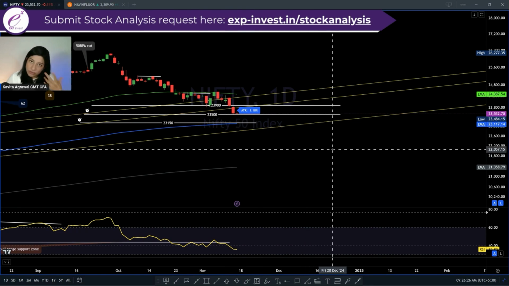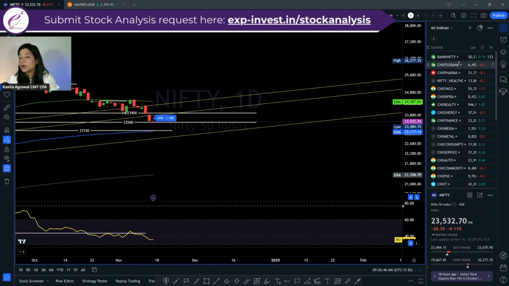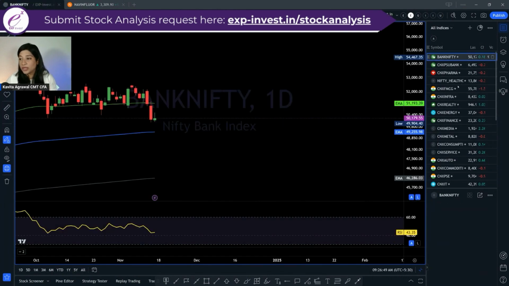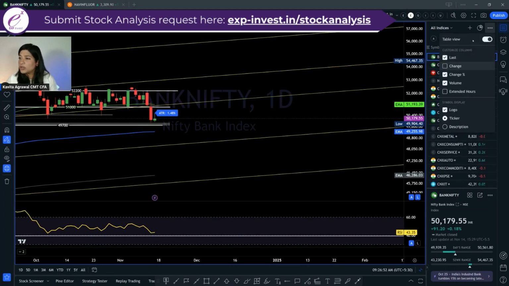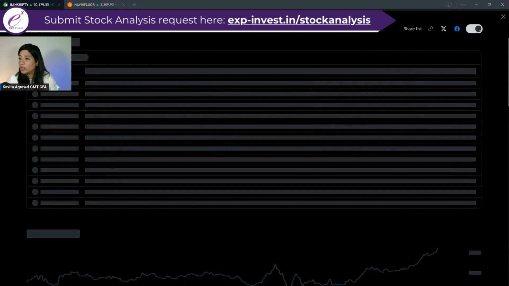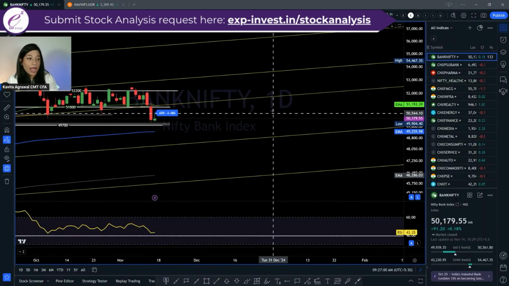Now let's move on to other indices. So this is the list of all the indices that I follow. This contains the list of all the indices sectorally and even other strategic indices. So what I'm going to do is I will copy the link of this index list and I am going